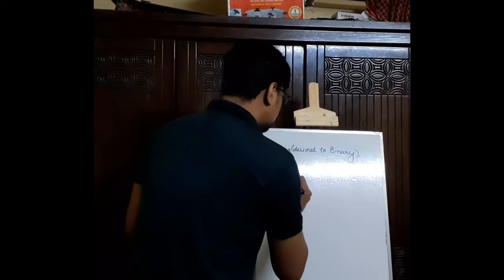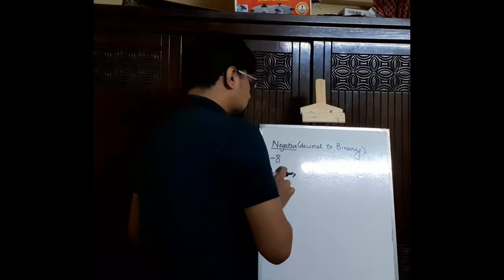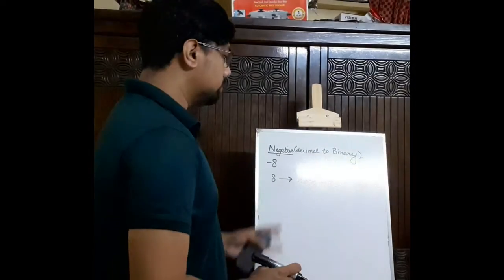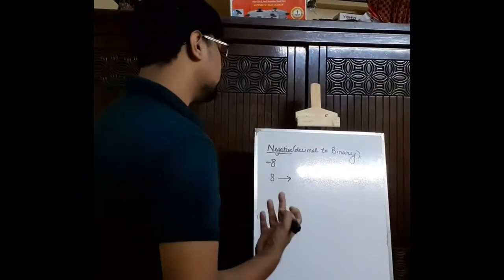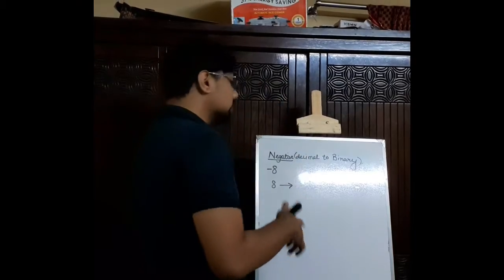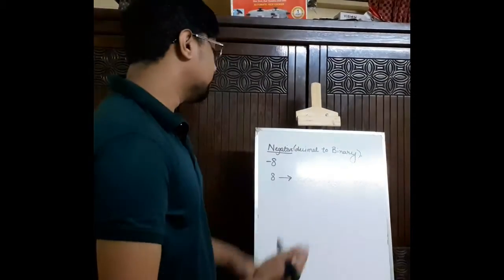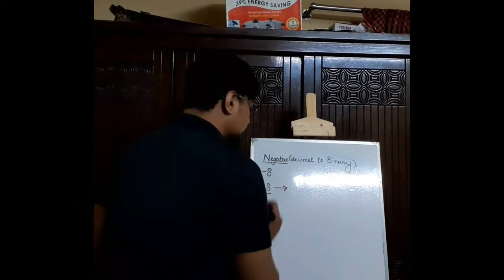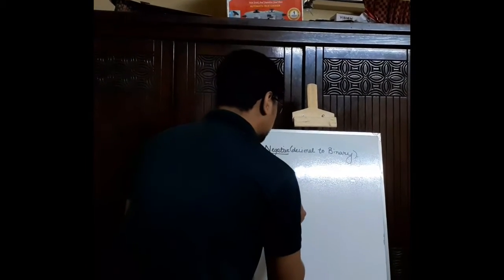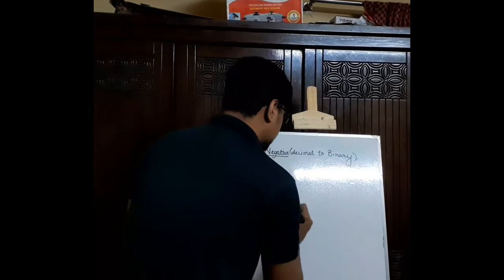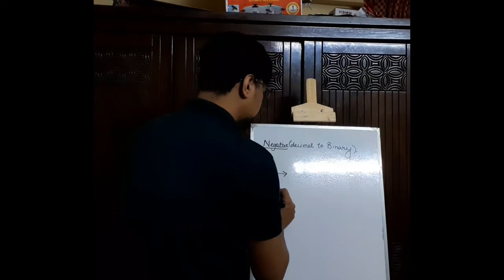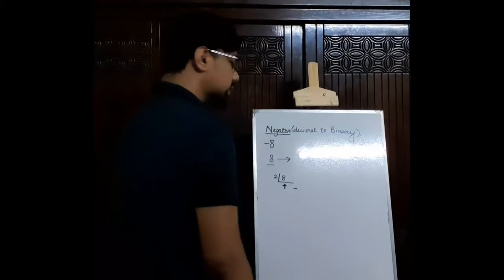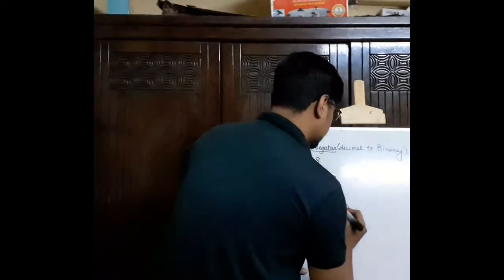Okay. So if we try to convert this 8 to its corresponding binary, will you be able to do that? How can we do this? It can be done using the shortcut method, or the conventional method can also be used. It's up to you. If we try to convert this 8 to its corresponding binary, we first divide this 8 by 2, right? After division, we get 4. And the remainder in this case is 0.